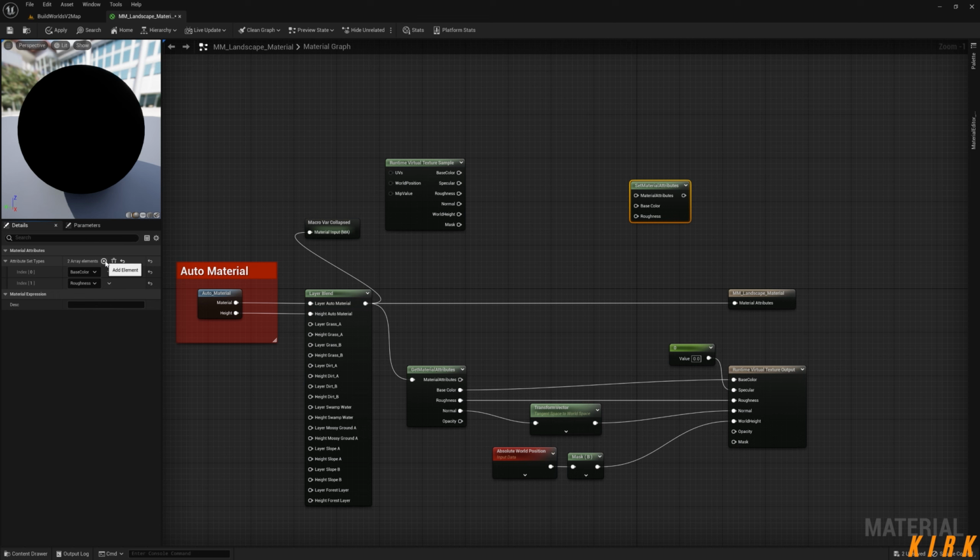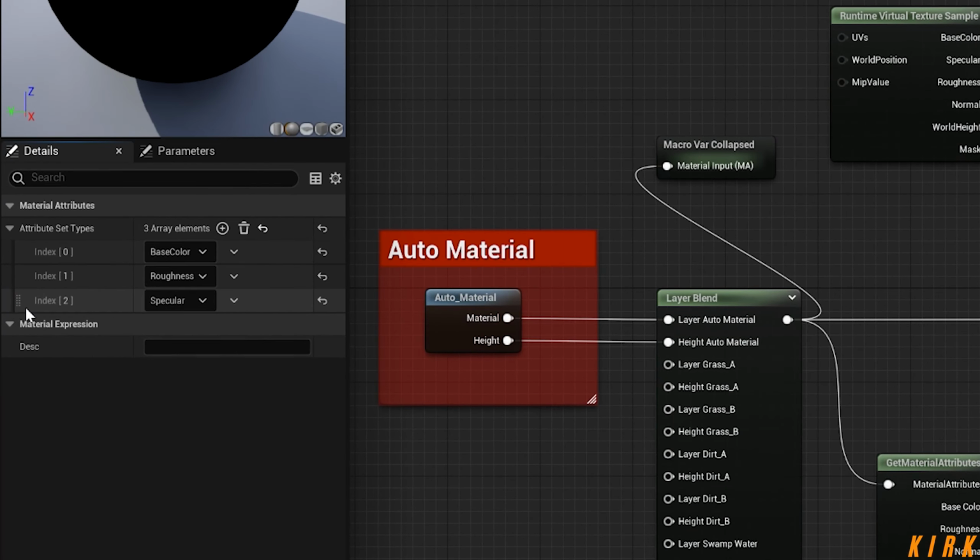Actually, I will apply a specular as well, because we're putting a value of 0 into our specular output, and then I can drag that straight in here. You can see I've got base color, specular and roughness, whereas here I've got base color, roughness and specular. If you want to swap that order, which I want to do,